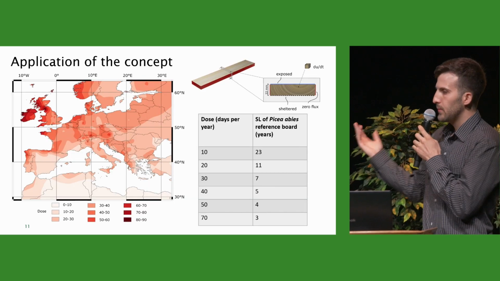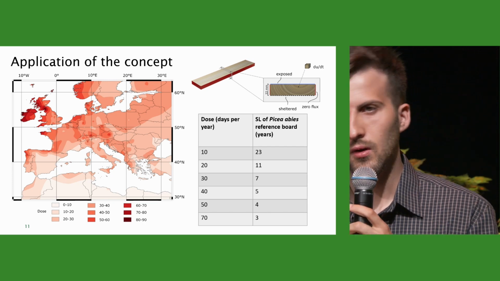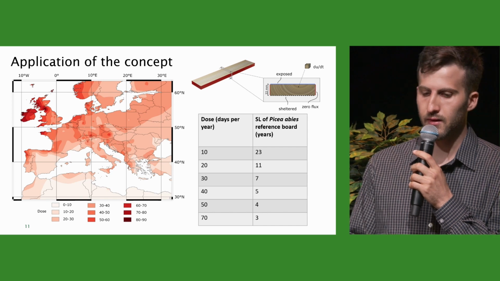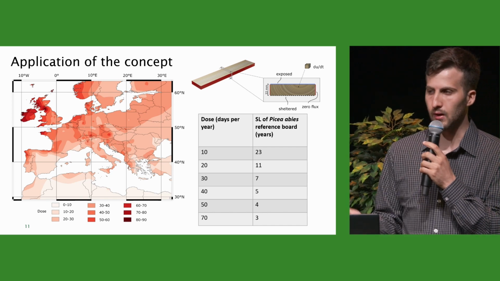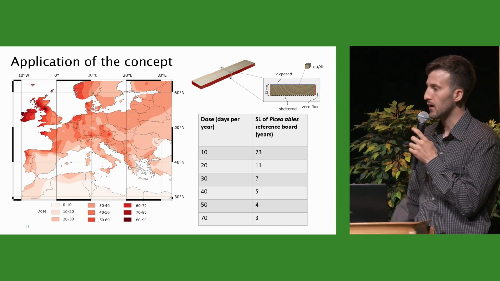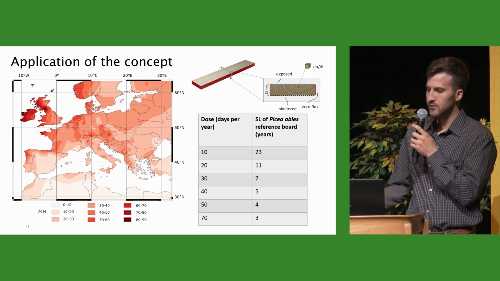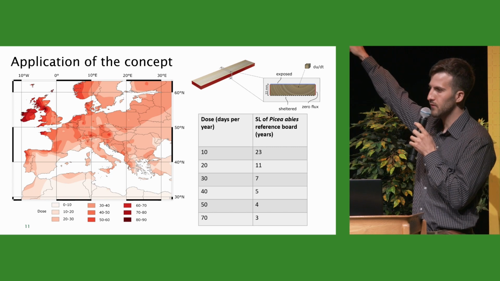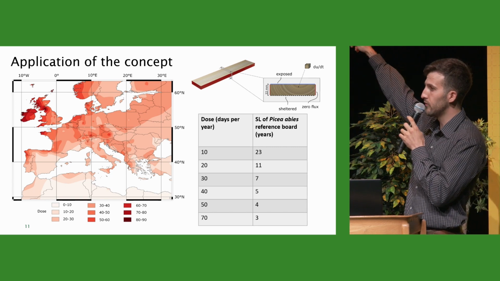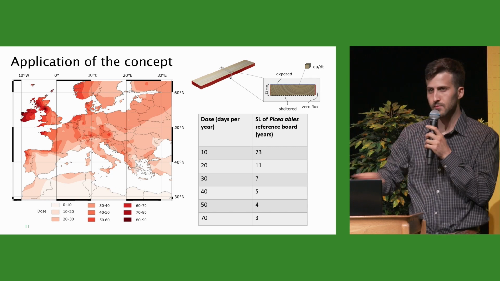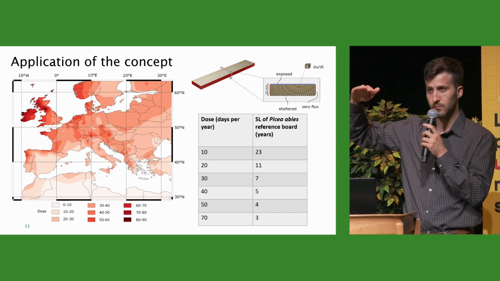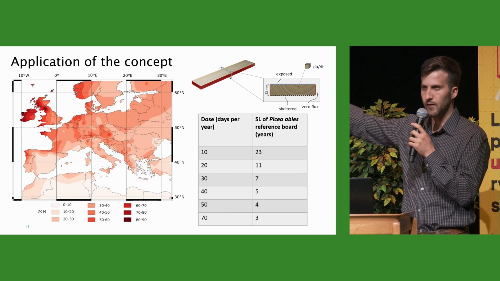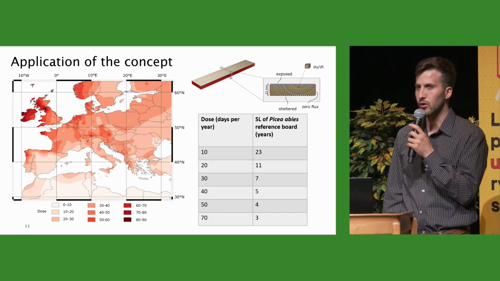Right, so you might be asking at this point, how is all of this procedural, mathematical process important for you, and how can you use it as a designer or architect or engineer? I just have a quick case study. For instance, if you have this horizontal reference board, made of Norway spruce, 1 meter above the ground, and we placed it in 500 different locations over Europe.